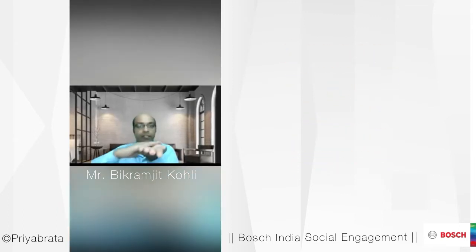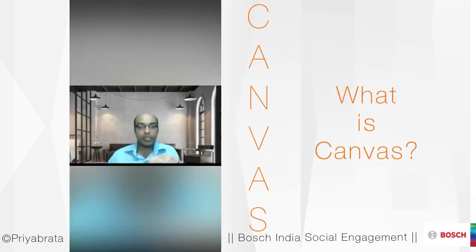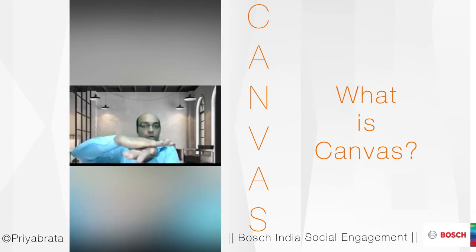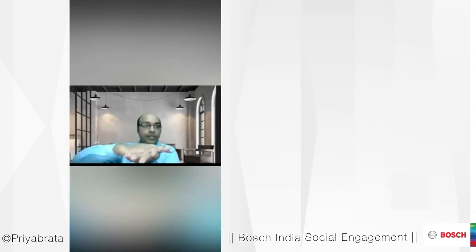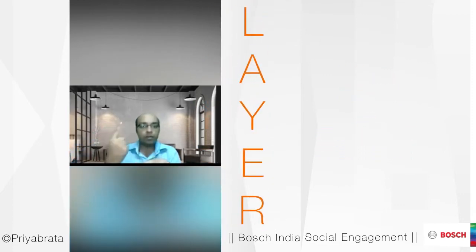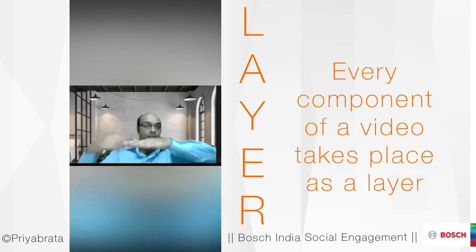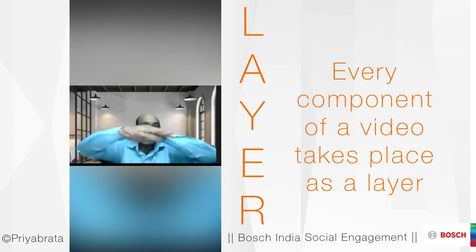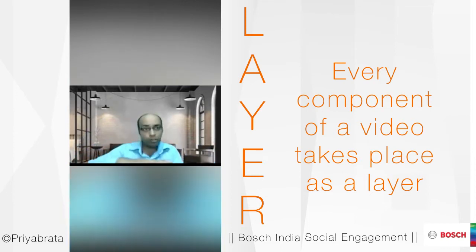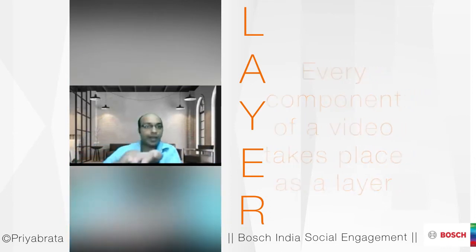Okay. The canvas, CANVAS, and any element you add. Element means image, text, any changes you do, it is added on top of the canvas as a layer. So let's say you add one photograph, it is added as one layer. You add another photograph, it is added as another layer. You add another text box, it is added as another layer. So there are now 3 layers on top of the main canvas.